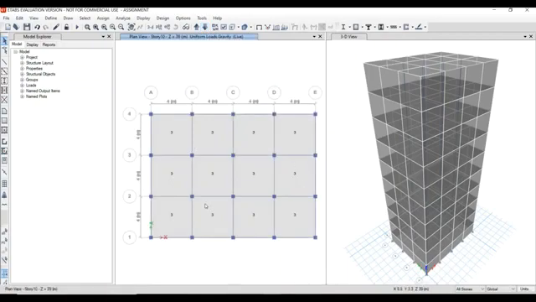But we don't require the top floor with 3 kN per meter square. So we will change the live load of top floor to 2 kN per meter square. So to make sure that, select only one story. Now select the story. After selecting, 12 shells are selected. Then assign